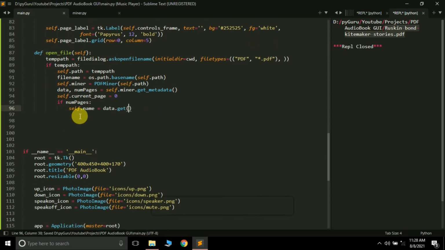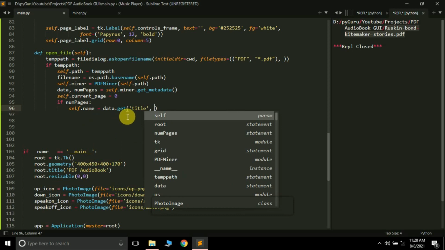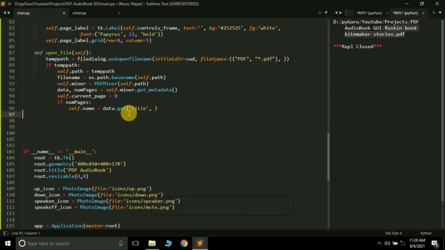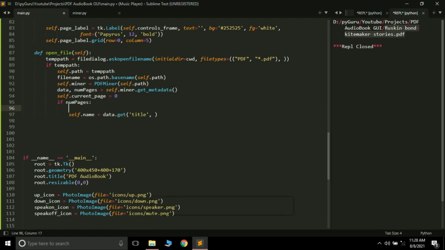This data is basically a dictionary, and it stores several things like the title of the PDF file, author of the PDF file, publication date of the PDF file, and many more things. So you can just extract the title. This get is the dictionary method. We know that either we can use data title, or we can use this get method.